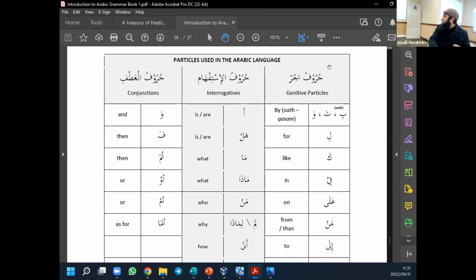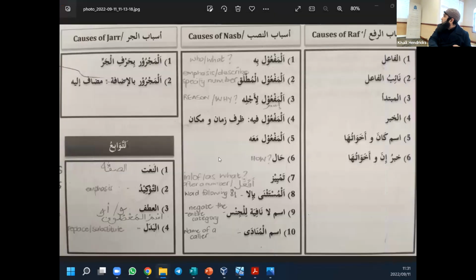So what we had there was, I'll go back to my previous thing. Whenever you have one of these things, anything fulfilling one of these functions, it's describing another word, it's emphasizing another word, it is simply a replacement for another word, or you're adding things to a list, then the thing that is describing, emphasizing,